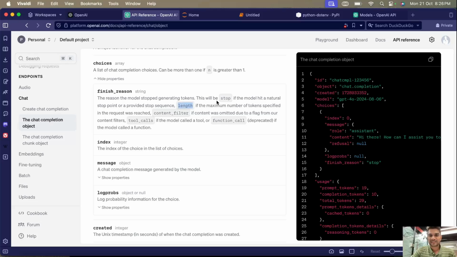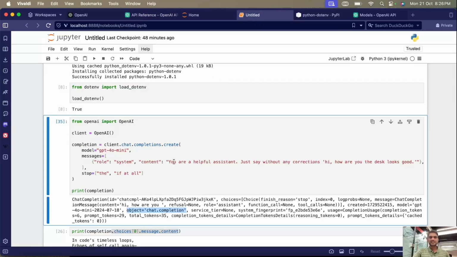And if it's not length, it will be stop. So here the finish reason is stop. It means that it is well within the context limit and it is the natural stop. So it says if the model has hit the natural stopping point or provided stop sequence. Basically what it means is here,